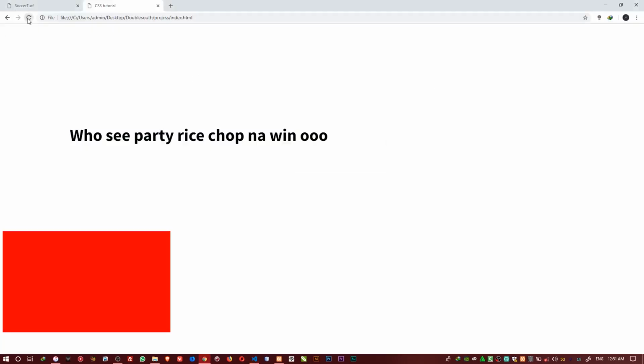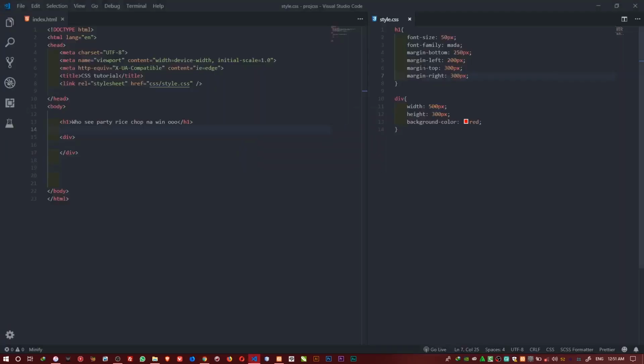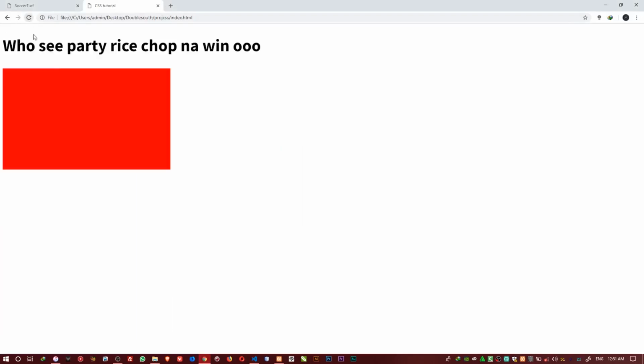So if you add on like that, I told you before, it adds space to wherever you want the space to appear. And there's another way as well. If I remove this now, you see it doesn't come back to normal.